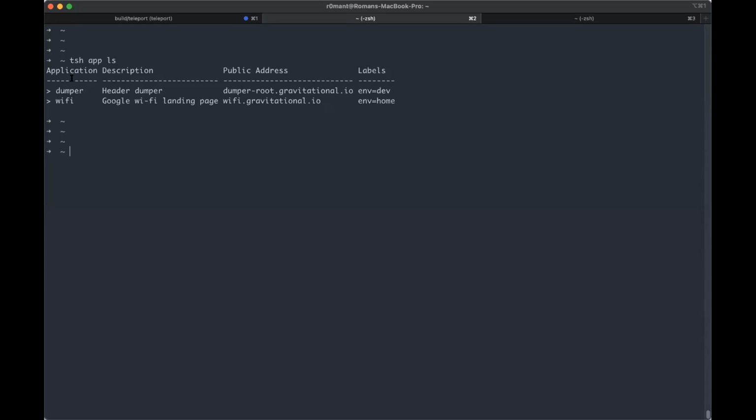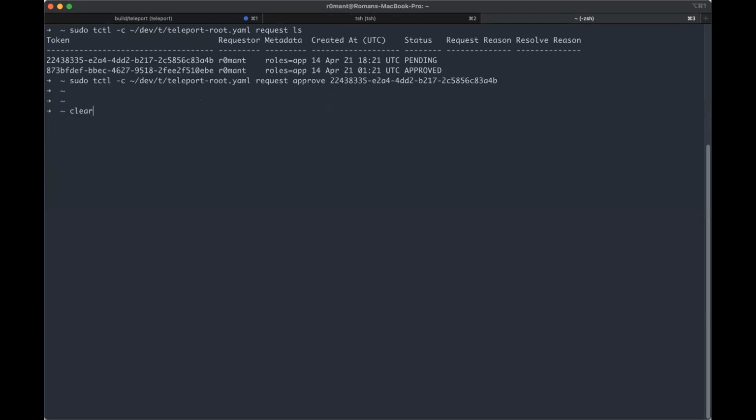And again, similar to our UI example, I don't see it right now just because my user doesn't have permissions. So I actually need to go through the same request approval workflow as I did before to gain additional access. And to do that, I can execute this tsh login request roles app command, right? Which, again, similar to the user interface, puts in an additional role request for myself, which I'm again going to go ahead and approve for myself now